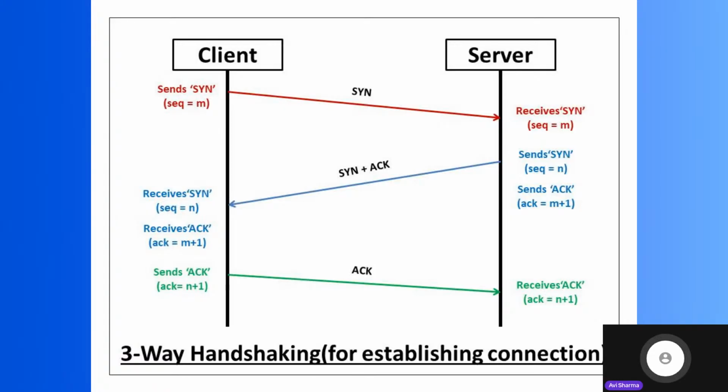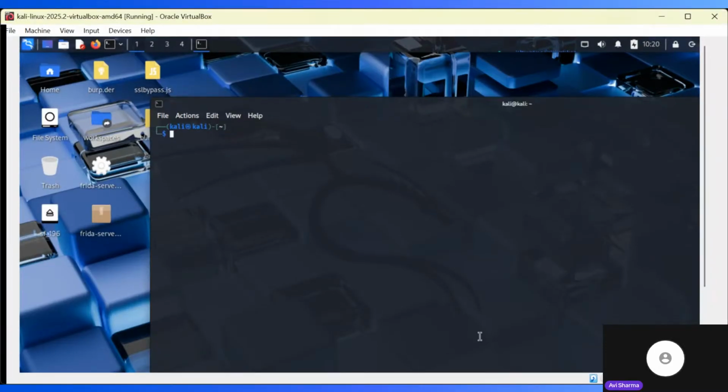Okay. So what Nmap does is Nmap uses this three-way handshake to access servers, right? Sometimes servers don't have a lot of security, so it's very easy for Nmap to access those servers and exploit them. Sometimes they are very secure, so Nmap cannot access them at all. Can this be run on the terminal? Yes, Nmap can be run on the terminal. So Nmap does this. So now let's get back to Kali Linux, right?